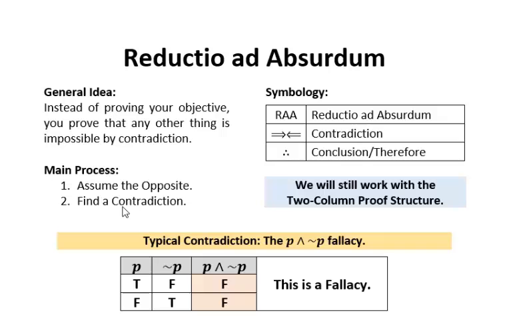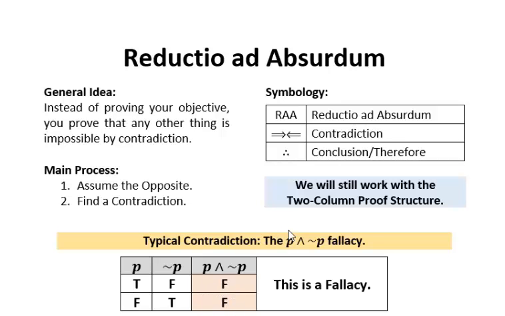And like I said, we're trying to find a contradiction in this case. We're not trying to find what we're trying to prove. What we're doing is finding a contradiction. Usually the typical contradiction that you're going to find is a fallacy. That means that two things that cannot be together are together. You can see the table of values for this, and you're going to see that it's false everywhere. It doesn't matter whether the initial phrase that you have is true or false, it's still going to end up